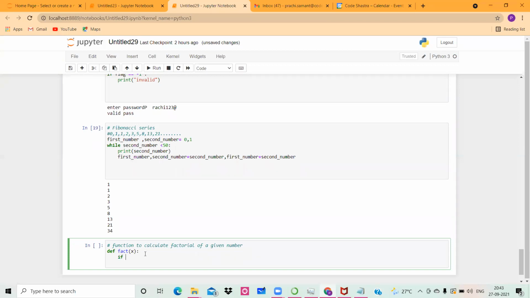Now in this case, if someone gives the value of x equal to 1, so अगर कोई x का value 1 दे रहा है, then this function should return value 1. This is a fruitful function that we are creating. What do we mean by fruitful function? So fruitful function is that function which generally returns the value. And there are 2 types of functions in Python: fruitful functions and void functions. Void functions doesn't return a value, वहाँ पे print statement लिखना पड़ता है. Fruitful functions returns a value.